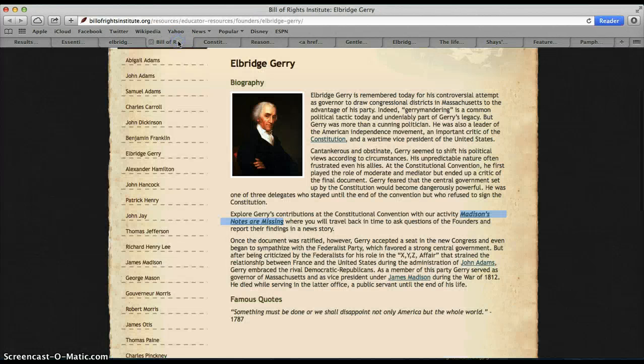So, Bill of Rights Institute. Okay, Institute. I read this. It is a short description of him. It has this activity. It says, explore Gerry's contribution with our activities. Well, when I clicked on that,